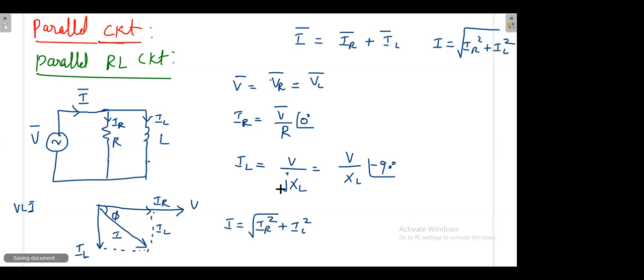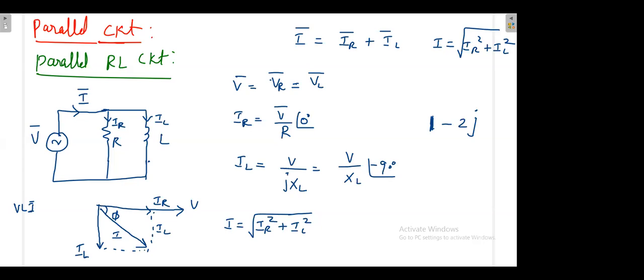It is not so surprising, because if you see here, this is 0 degree, this is minus 90 degree. If you have 1 ampere current here, you have some other current with minus j. Here the phase is 0, simply 1, and here the phase is minus 90 degree. Once IR is 1 ampere and IL is 2 ampere with minus j, what is the effective current? Simply the square root of 1 squared plus 2 squared. So we get the same from the diagram also.